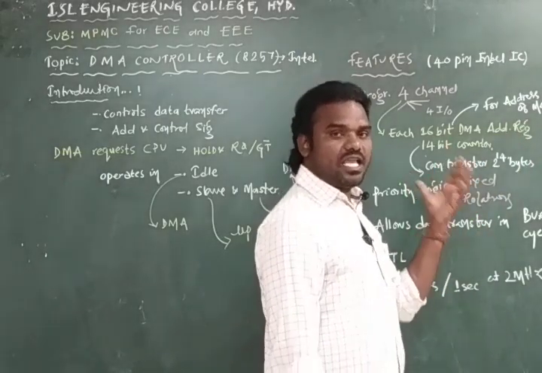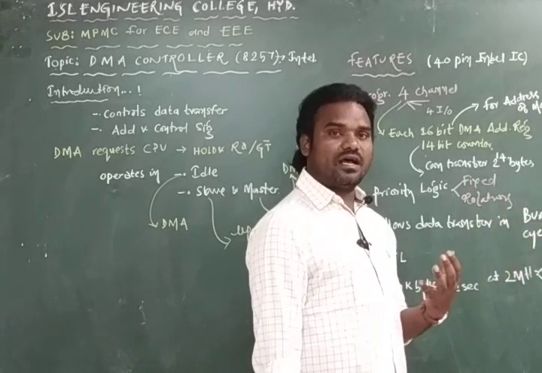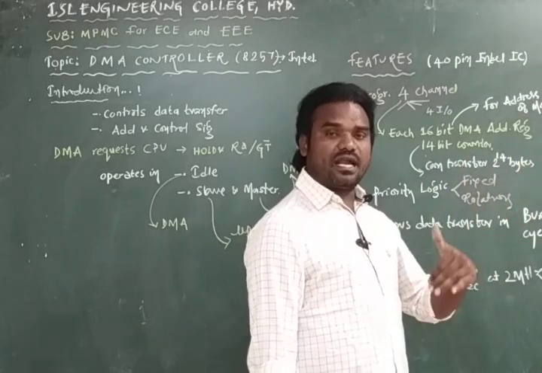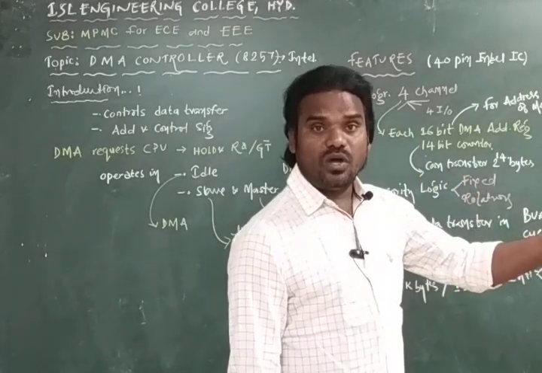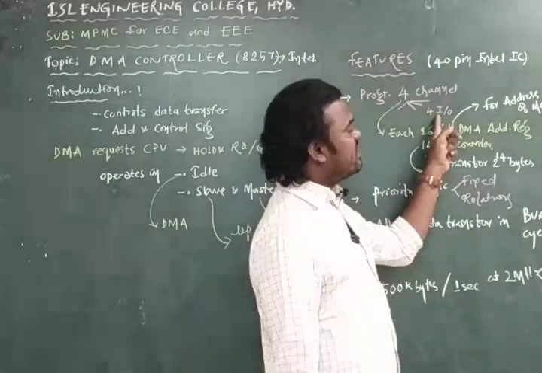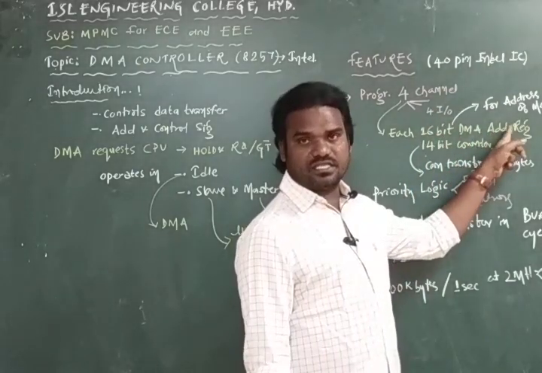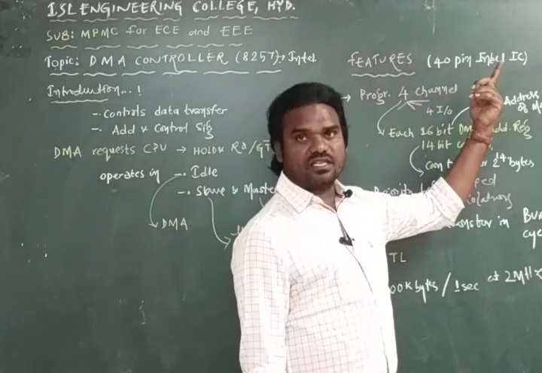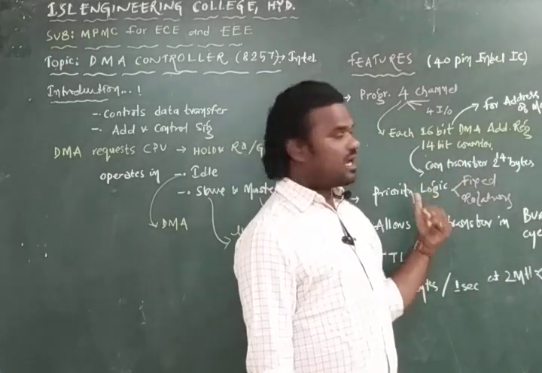That means what? This DMA register, with the 16-bit width, is going to hold the address of that particular memory location. From that memory location, either input output devices can read the data, or that input output device is going to write the data. It has 4 channels, so 4 input output devices can be interfaced at a time, and each channel has a 16-bit DMA address register, so that it specifies one particular address location in the memory, and from that memory, either input output devices can read the data or write the data.